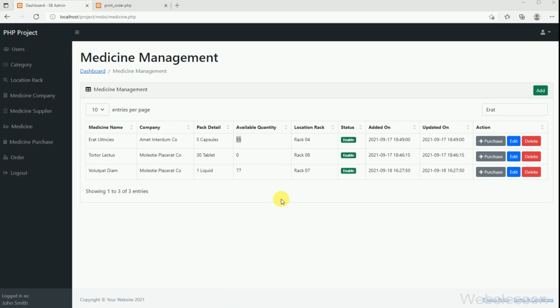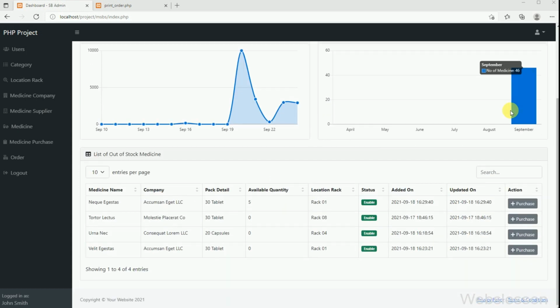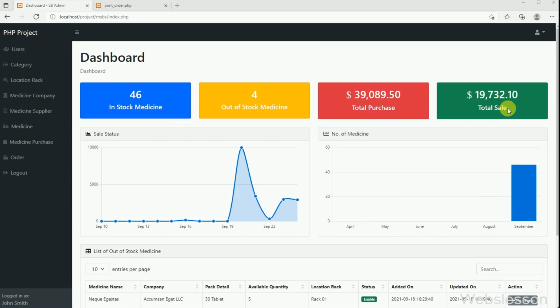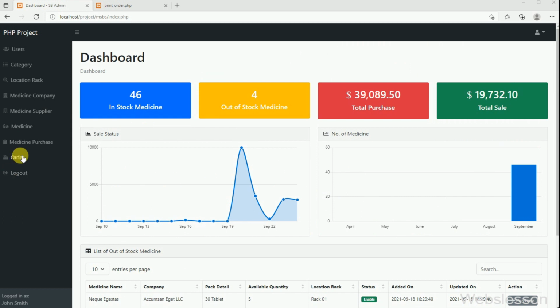So this is the demo of the complete medical store management system. Here we have not displayed the whole functionality of this system, because this is a demo, so please download the source code of this system, install it on your localhost, and check the demo of the complete system step by step. If you have any suggestions regarding this system, please share them with us. We will implement your suggestions in this system and publish the updated source code of this system again.